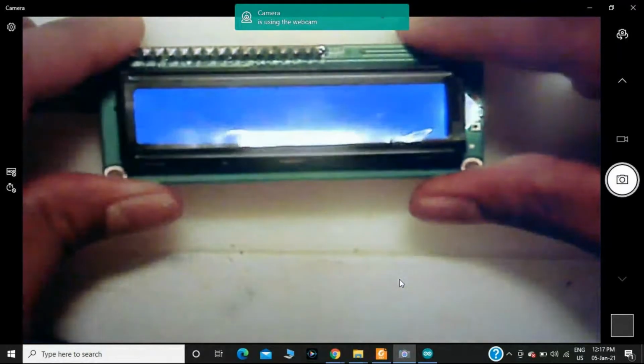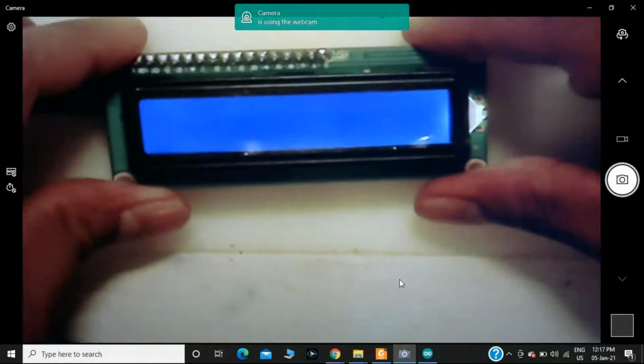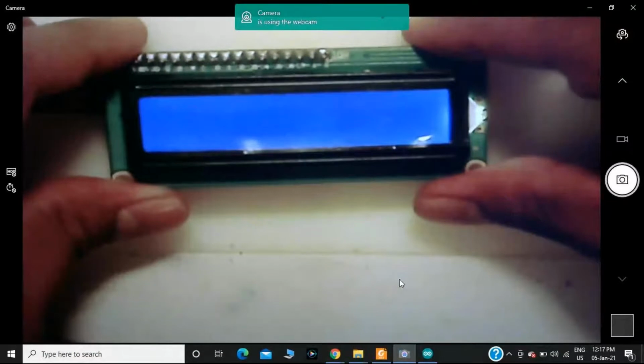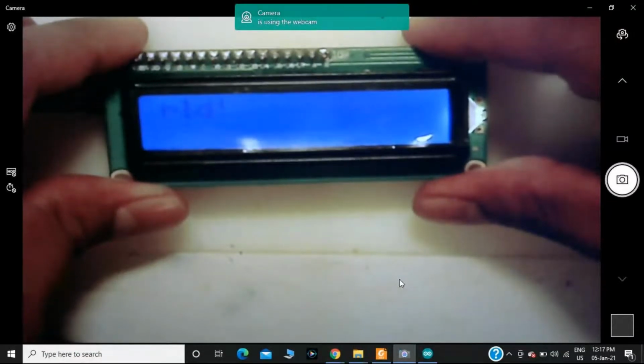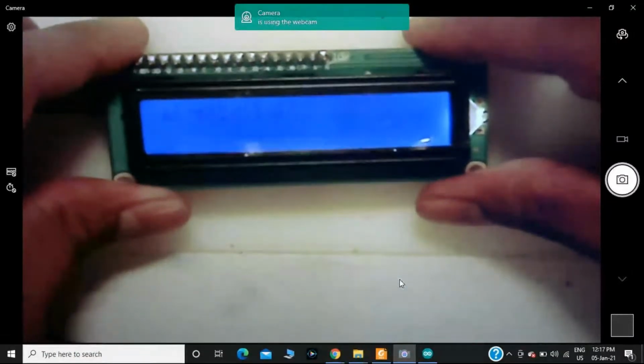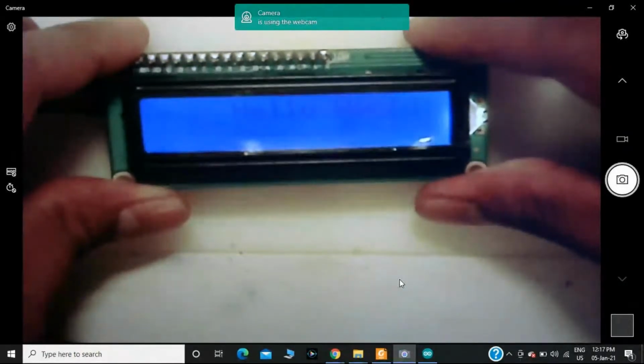Hello World is the message. When you have a message which is greater than 32 characters, in that case you can use the scroll instruction. You can scroll left or scroll right. I'm printing the message Hello World. In this example, it is scrolling towards the right with a position of 2.